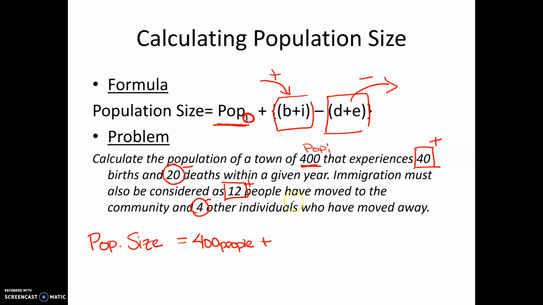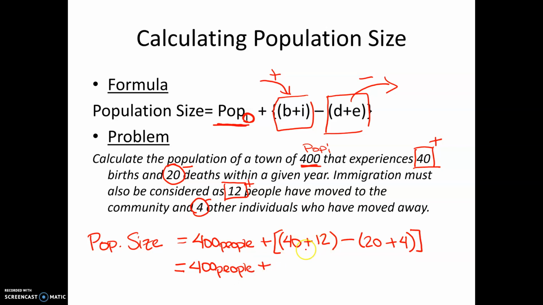plus. Now in your births and immigrants and everything, you do not have to label those. So births, 40, plus immigrants, 12, minus deaths, which were 20, plus immigrants, 4. There we go. So now all we have to do is combine 400 people